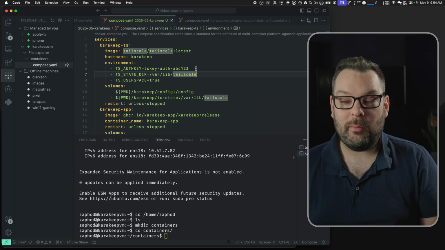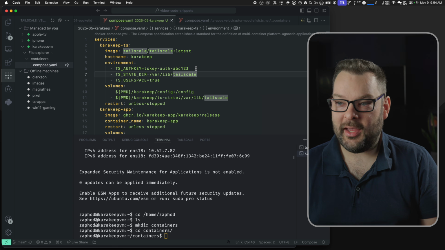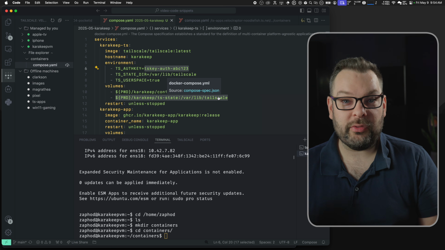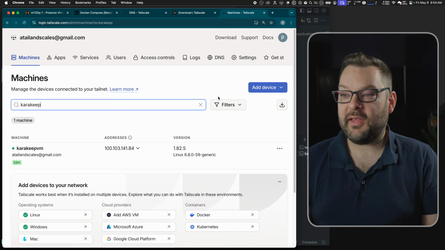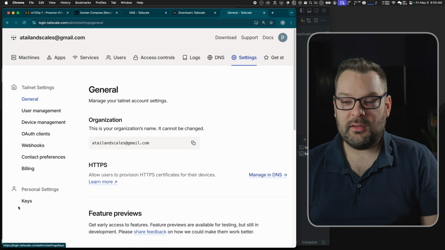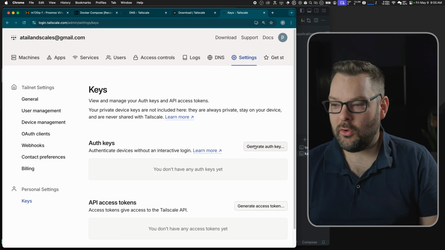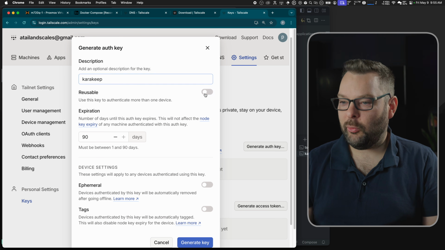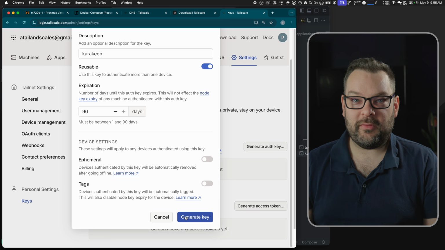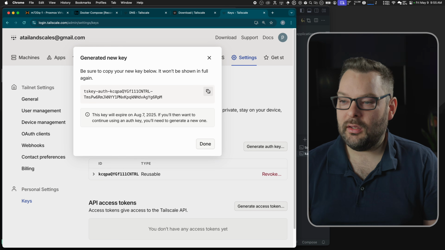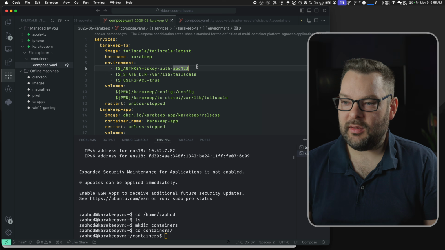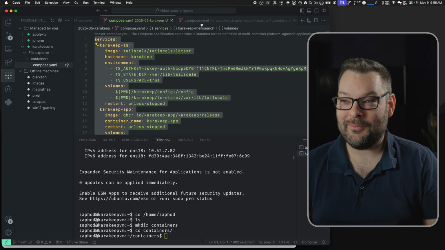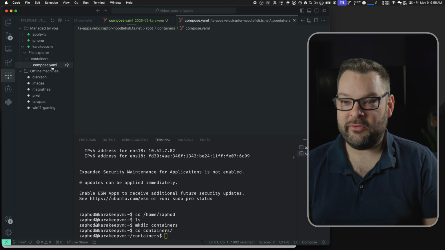But I think though we've got one more thing to fix before we go ahead and try and do that. We need to get ourselves an auth key, and so this is going to allow us to authorize this application onto our tailnet. So head over to settings, go to keys over at tailscale.com, generate an auth key, and I'm just going to call this one Karakeep. I'm going to do reusable because I'm doing a demo. You can leave all of this stuff completely stock. I'm going to copy this onto my clipboard and then paste this in here, and we should now actually be good to go. So I'm going to copy this onto the remote system,